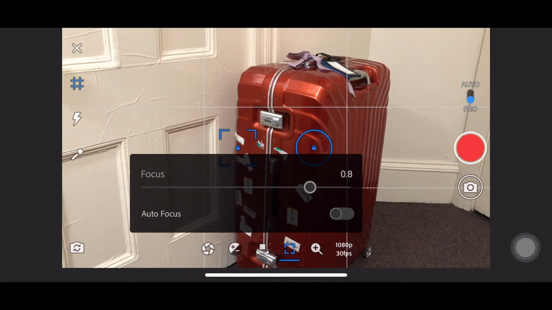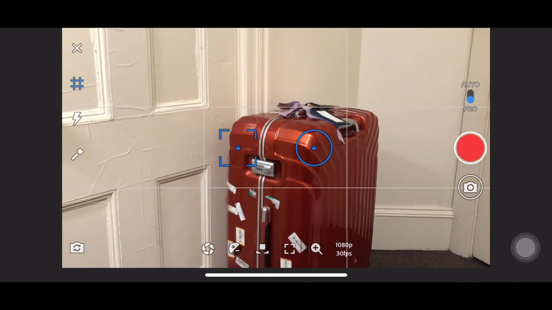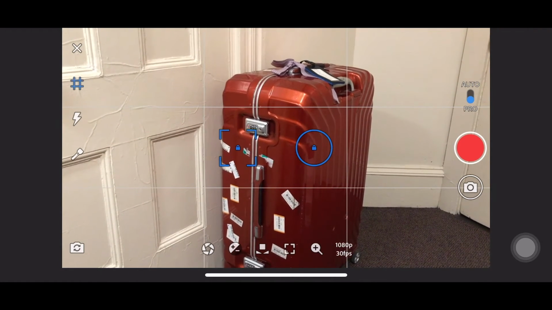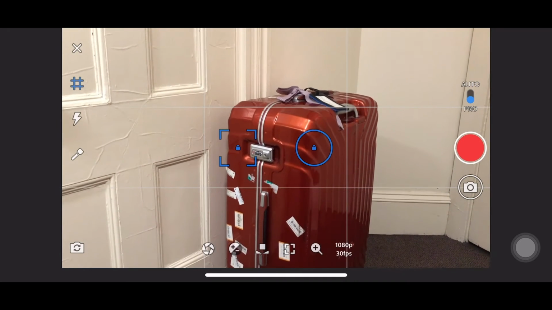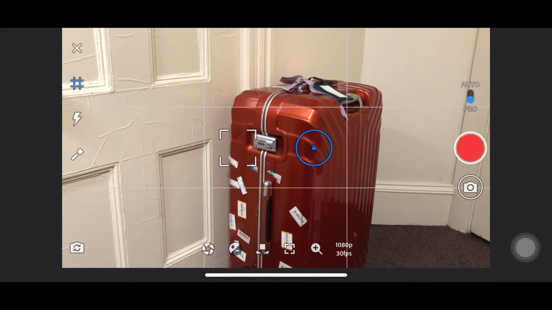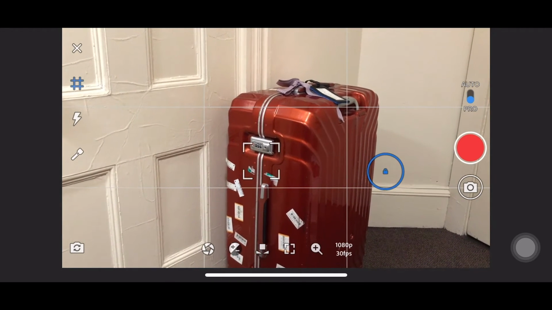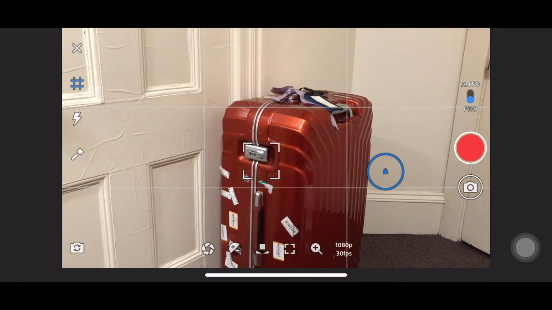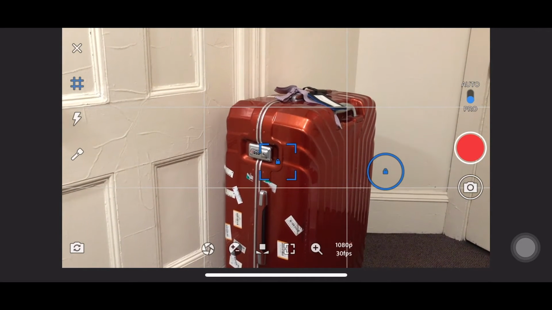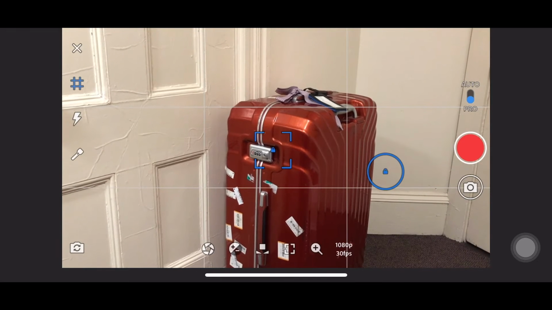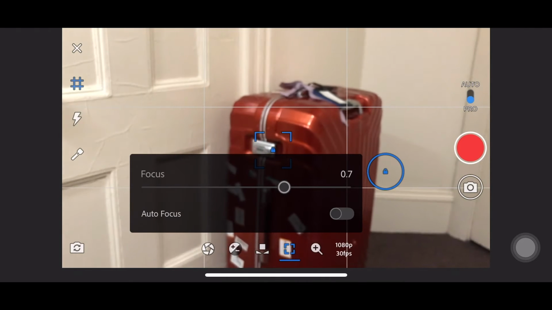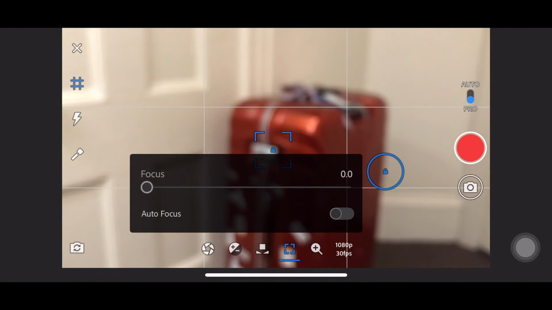And I want to do manual focus. So there should be 2 boxes. One is a square and one is the circle. So the left one is the focus. It's like a focus ring. So I will click again to unlock the focus ring. If I want to focus on the suitcase in front of me, I will put the focus here and lock it so that it won't move again. And you can change the number here so you can see how it goes from really blurred